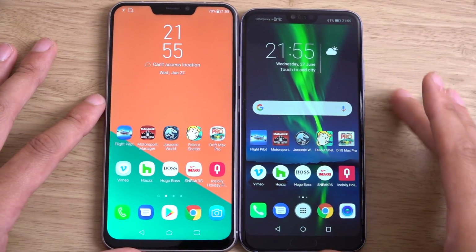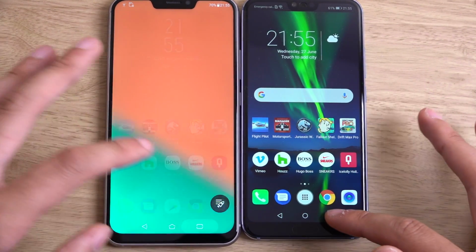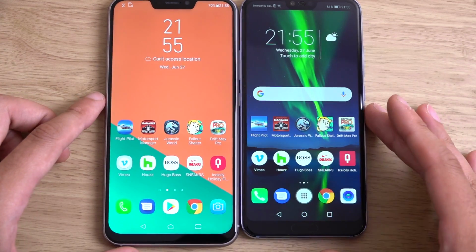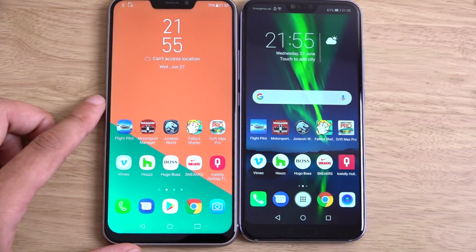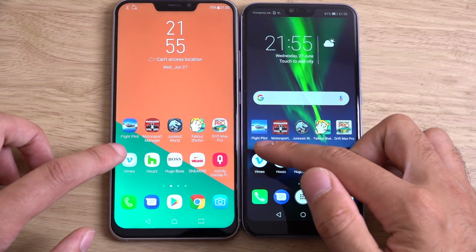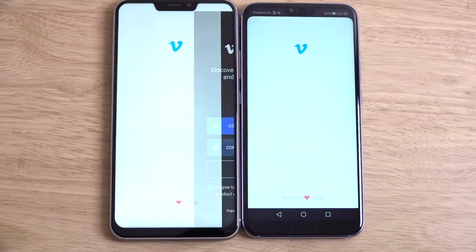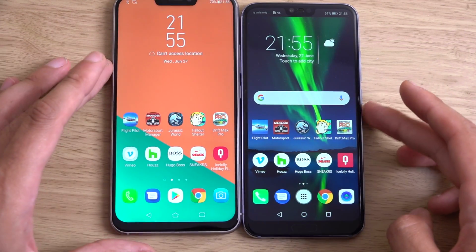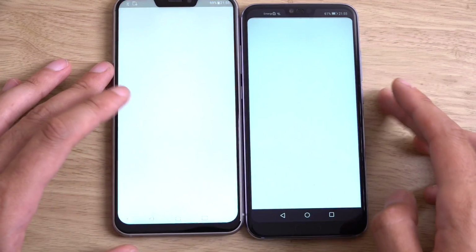Let's have a look at the performance here. So everything's closed down. I think these are actually 4 gig RAM models as well, so do bear that in mind. Entry level spec, we do like to cost cut. And let's see here what we're getting. So that looked like the Zenfone,